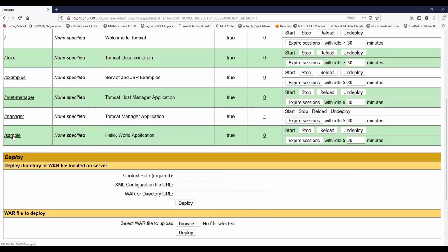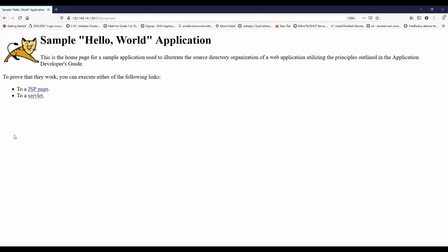This is your application, sample. And the application is, it's hello world written inside it. So if I browse sample, now the website says sample hello world application. This is homepage for sample application, blah, blah, blah. And if I go to the server again,